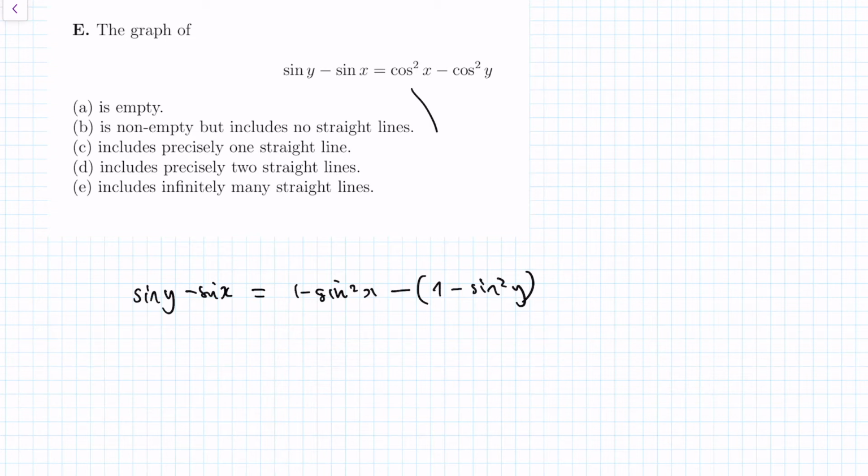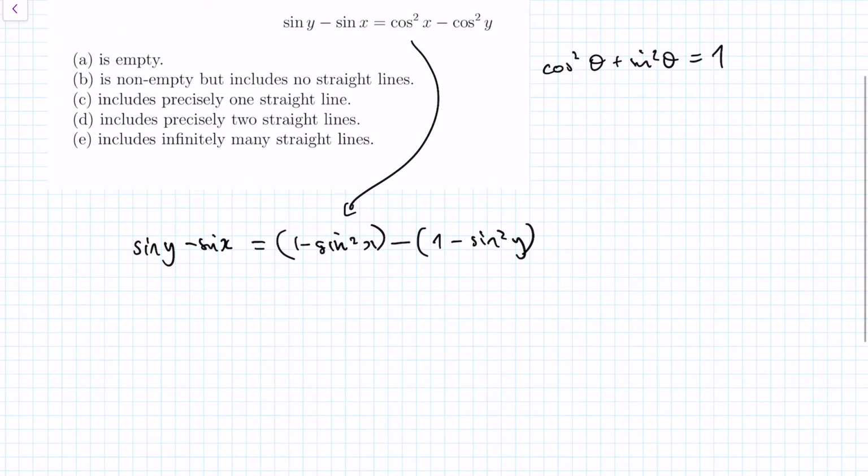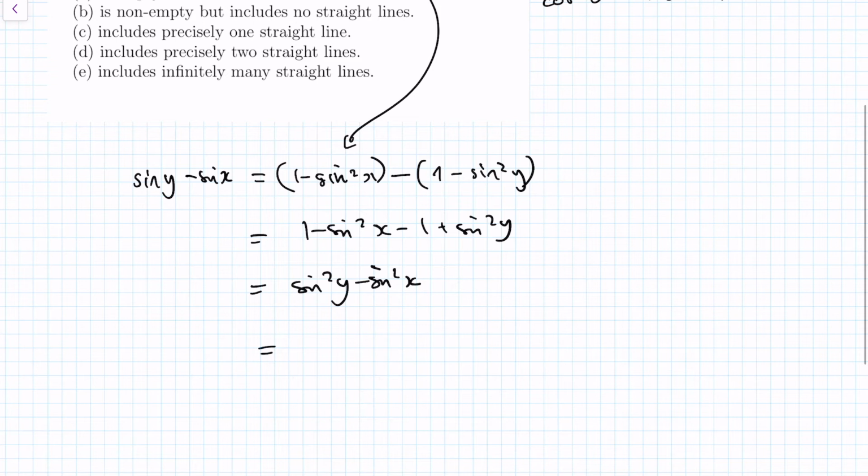That comes from the identity cos squared theta plus sine squared theta is equal to 1. And that's the same as 1 minus sine squared x minus 1 plus sine squared y. That's equal to sine squared y minus sine squared x. Now, using the difference of squares, we can write it as sine y minus sine x into sine y plus sine x,